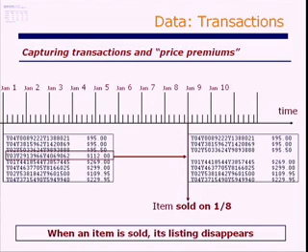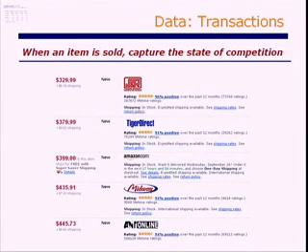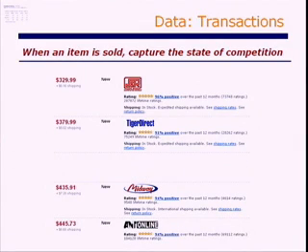And every time we notice one of these transactions, we look at the competitive profile, or the competitive landscape, for that particular seller, and we create these different observations. So we look at the entire reputation profile. We capture the identity of these competing sellers. We record the time at which the transaction occurred so that we can capture their reputation at that point in time, and we keep track of that for each of the competing sellers at the time that the sale occurred.